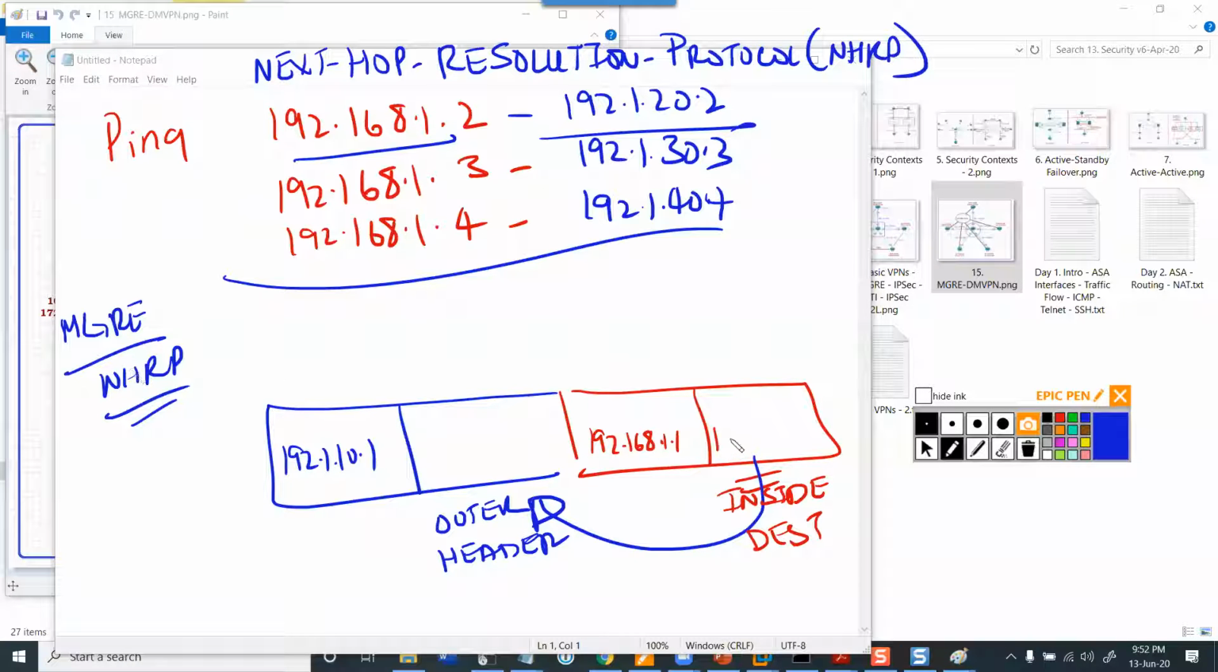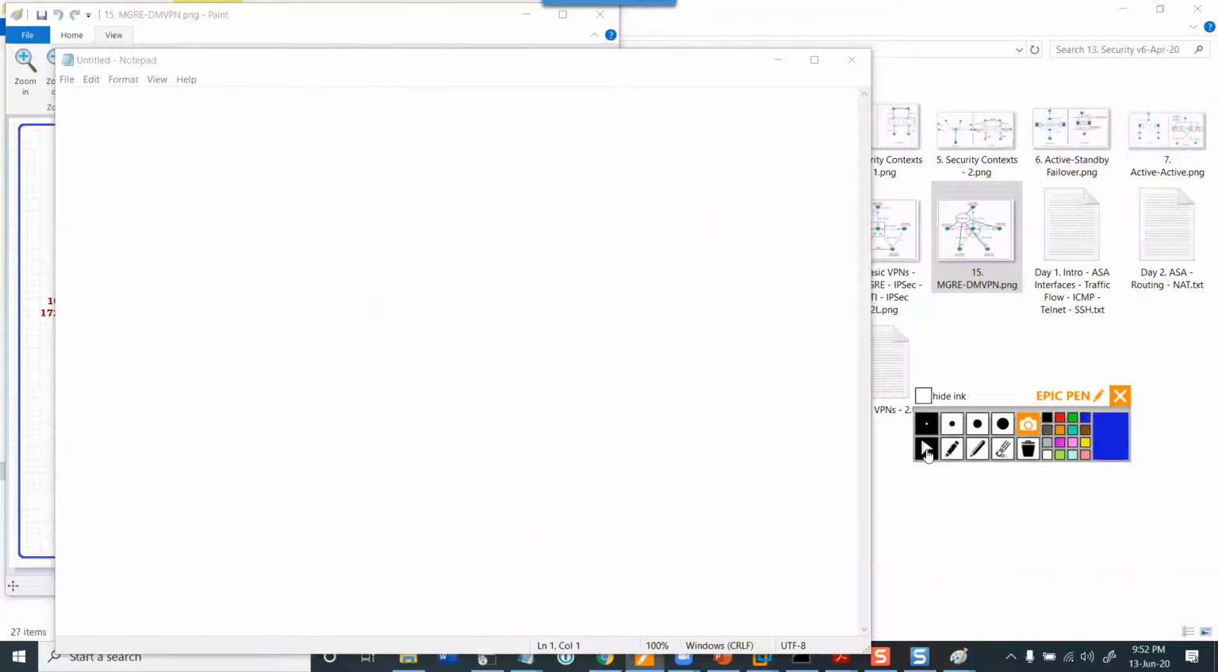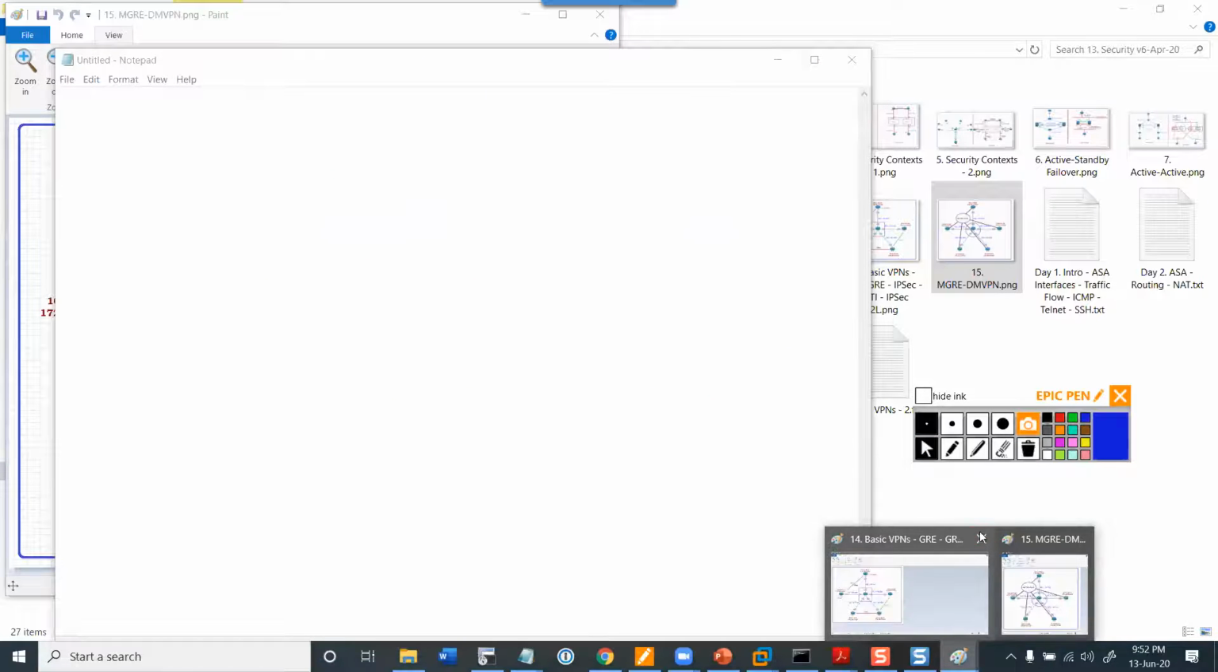So over here, where the packet was meant for 1.3, it goes in, checks over here, 192.168.1.3 is 30.3. Based on this table, it puts the appropriate outer header. Everybody okay with that? You guys understand what NHRP is doing for you? Okay. So what I'm going to do over here is let's set this network up